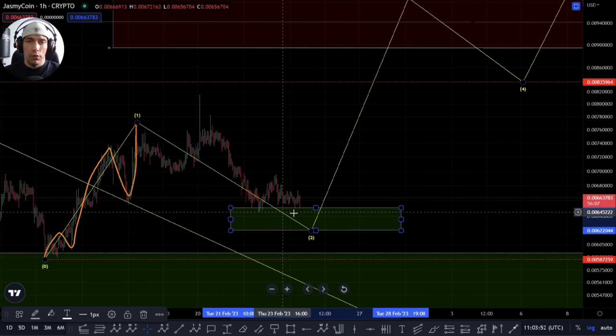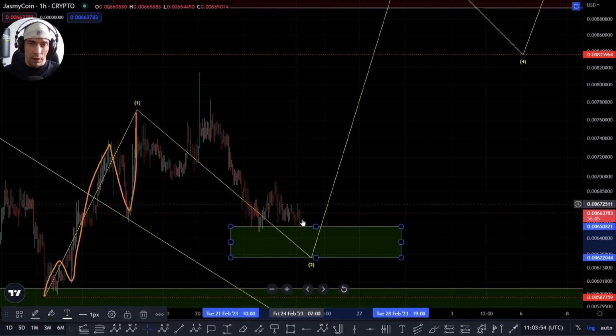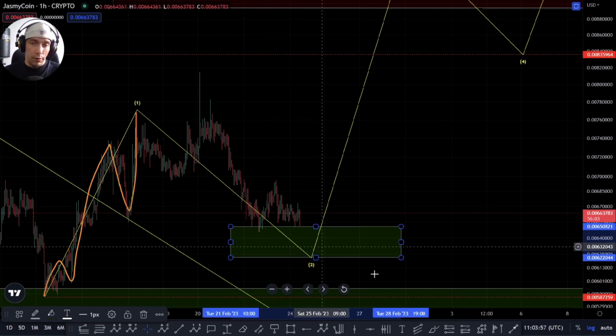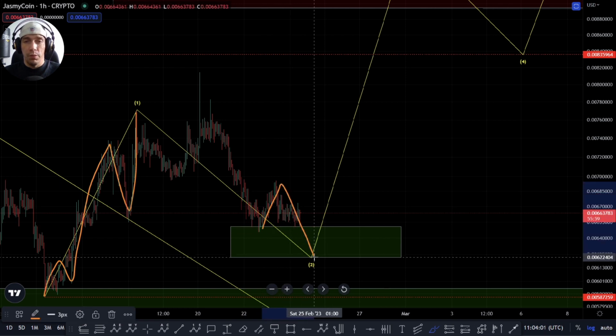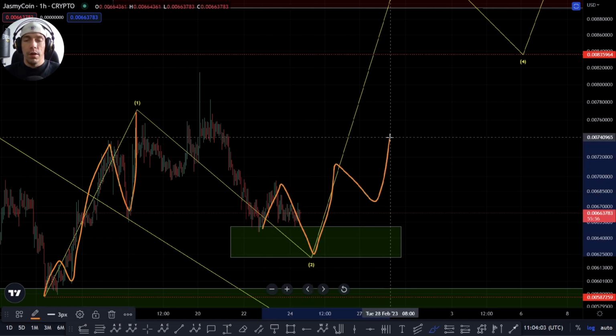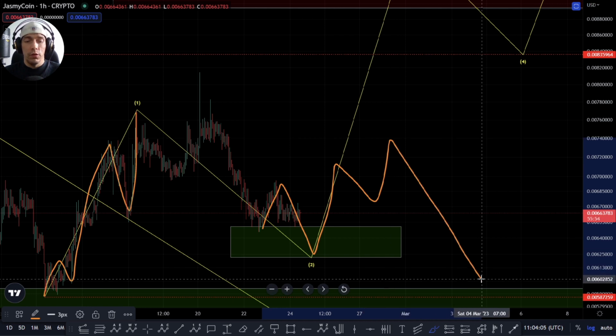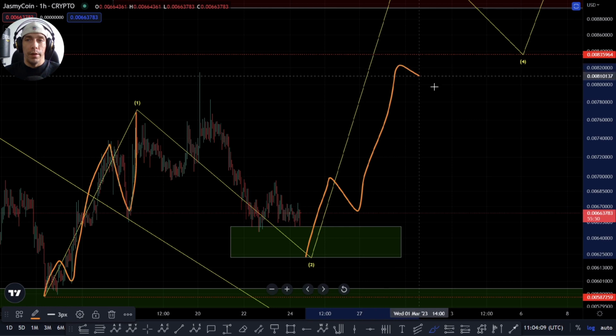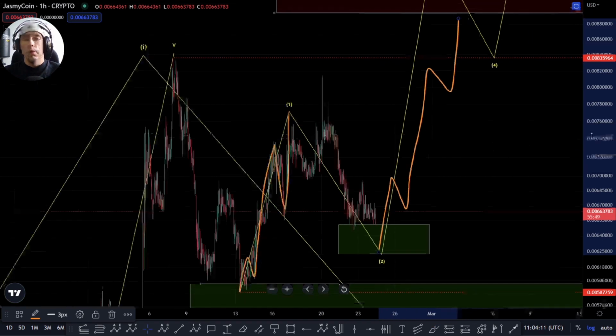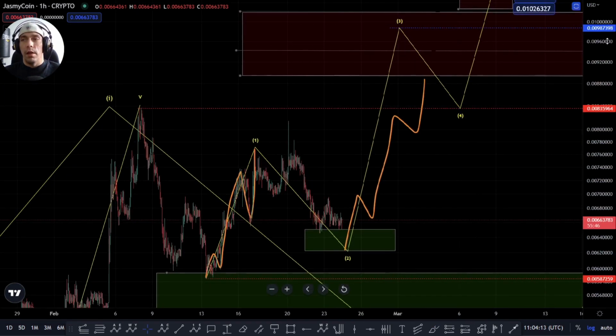There's not really much structure indicating it. And like I said, I do think we've got one more push to the downside here. So what will be important to see is whether after this push, if we do just get that 3 wave move to the upside and then continue, or whether we actually get a bigger 5 wave move playing off the back of this, then we could be looking for this target area, potentially of this 9873